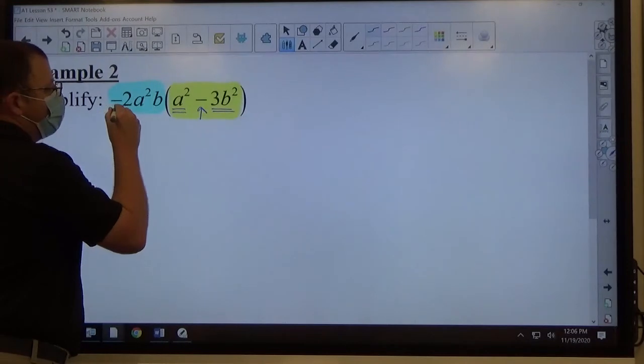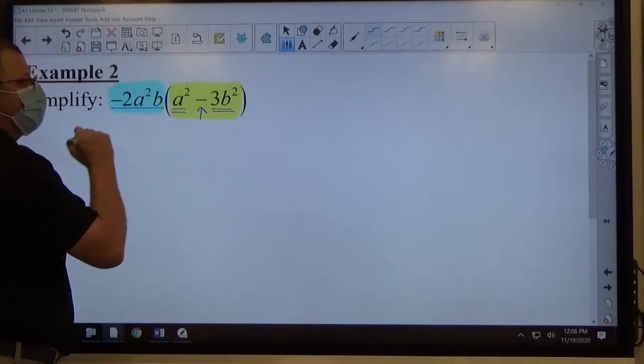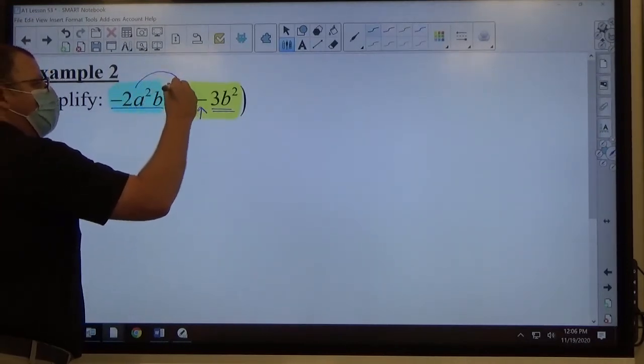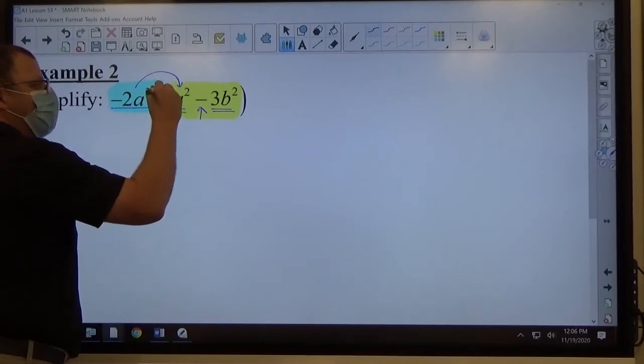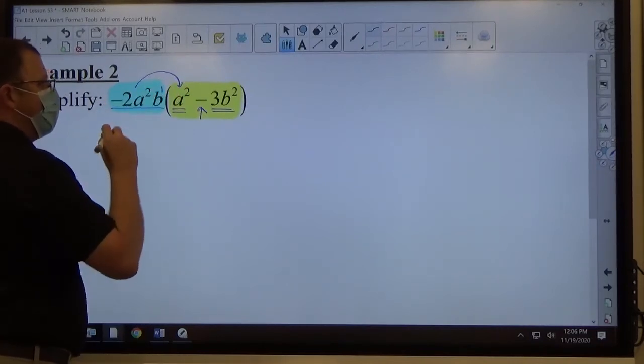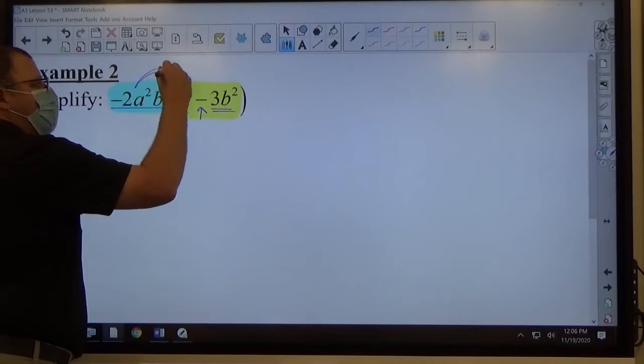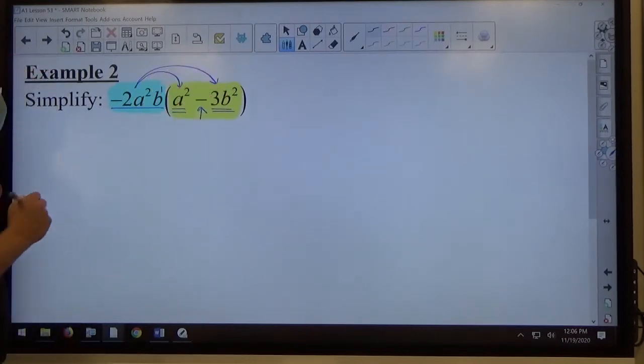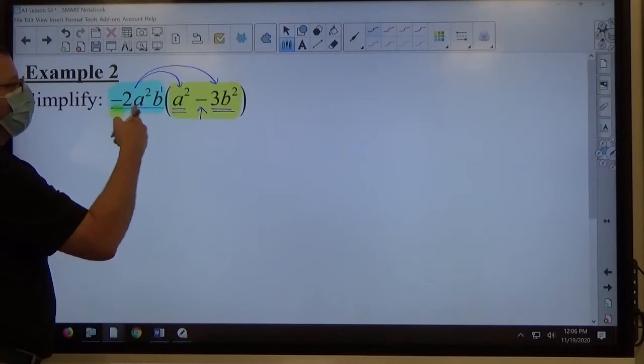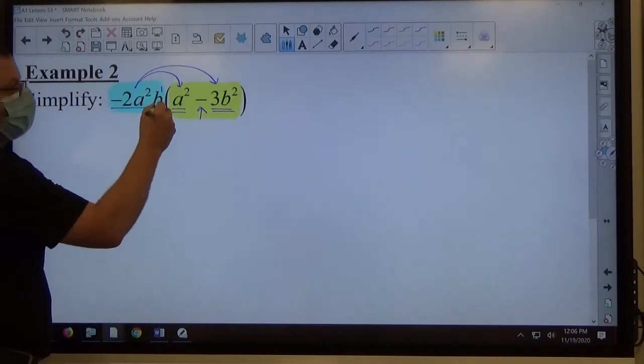So the outside monomial object, negative 2a squared b, is going to be multiplied by the first object, and this is negative 2a squared b to the first. And then I'm going to multiply negative 2a squared b to the first times negative 3b squared. Now, the multiplication happening for each one of those arrows that I've drawn is a monomial times a monomial. So, if I'm doing negative 2a squared b to the first times positive 1a squared,